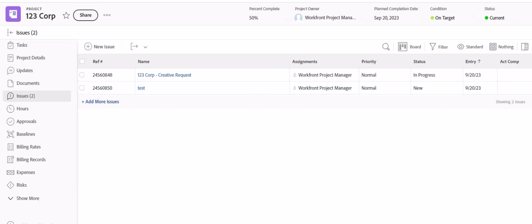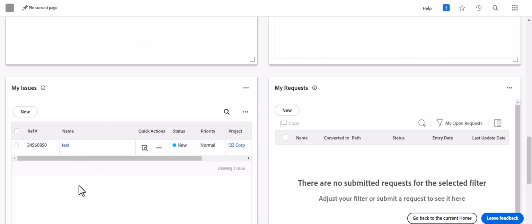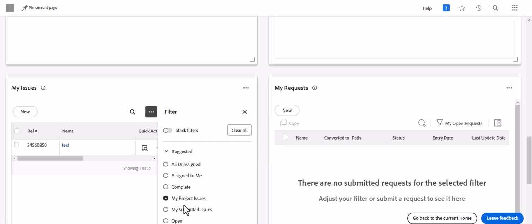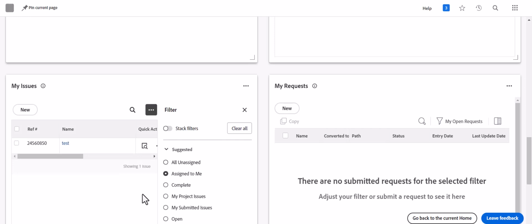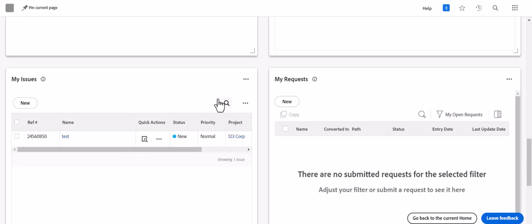So that appears to be a bit of a glitch within the system. Because again, you can see that my project issues, anything assigned to me, it's not recognizing the other one that was already in the system. So just be aware of that when using the My Issues,